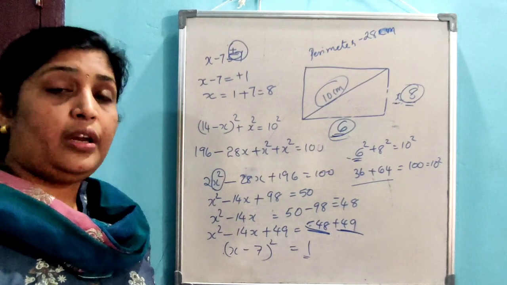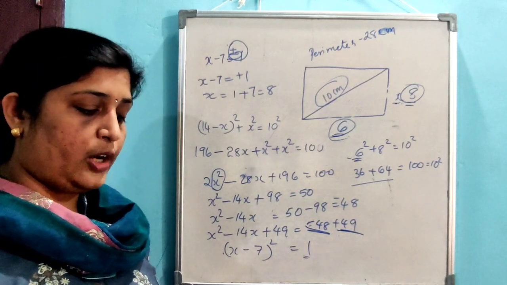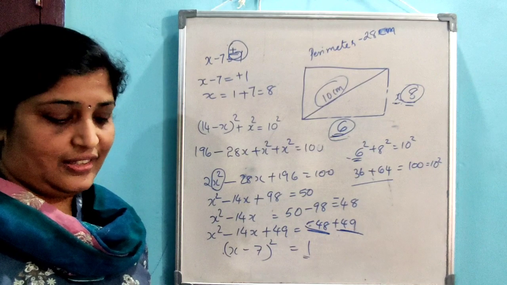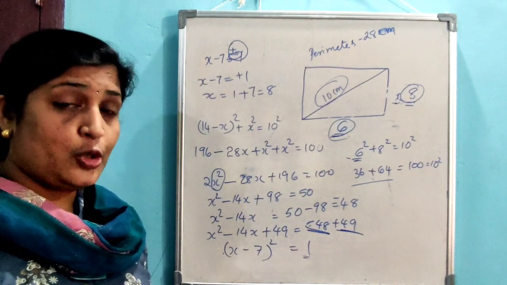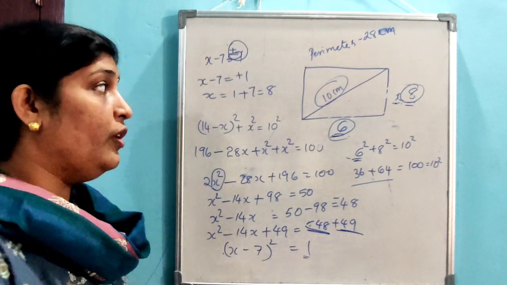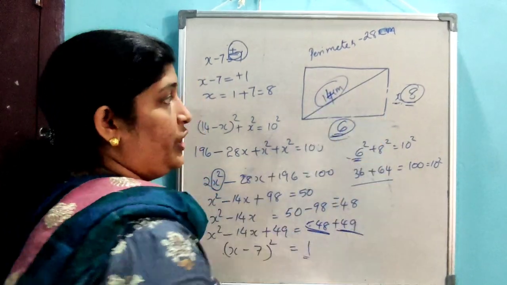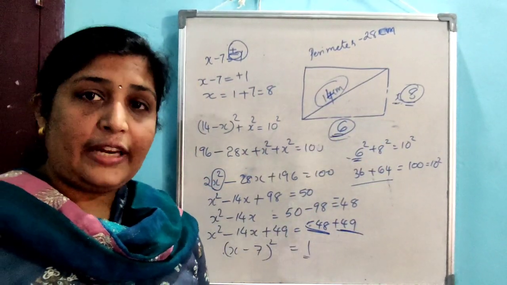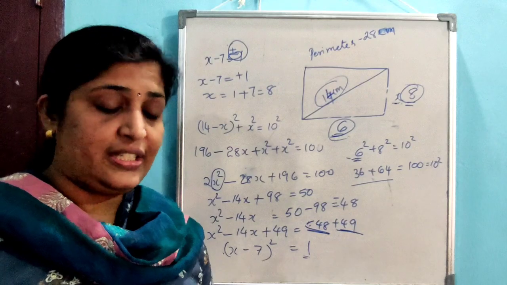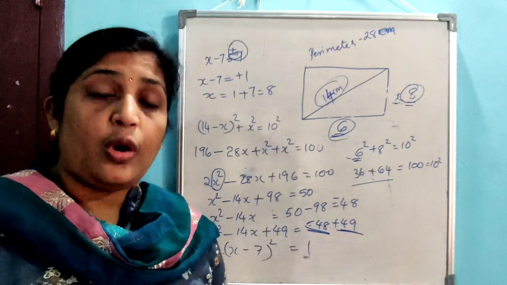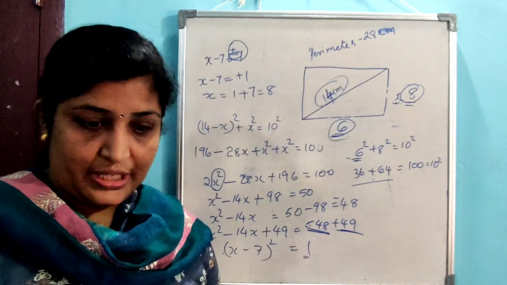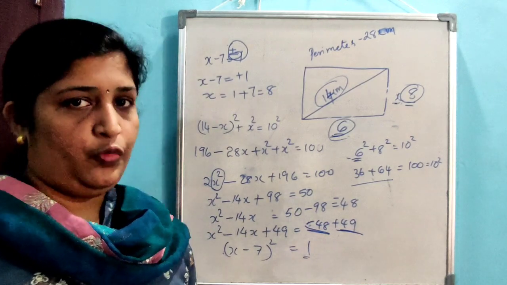So, the third part of the question. How about a rectangle of diagonal 14 centimeters? Is it possible to make a rectangle with 14 centimeters in place of this 10 centimeters? Okay, so that is a homework for you. Check whether it is possible to draw a rectangle whose diagonal is 14 centimeters. Okay, that is a homework.